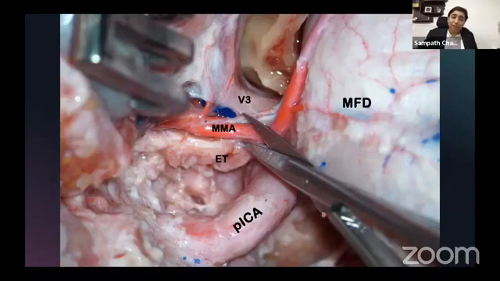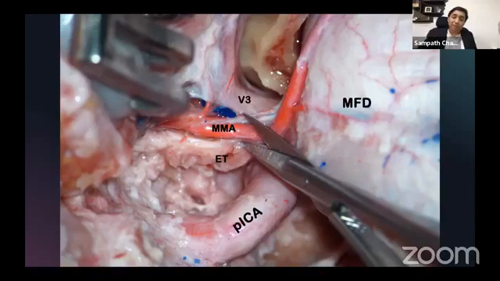This is the clivus here, the bone around the petrous ICA, the part of the internal carotid artery inside the petrous bone. The vertical portion and horizontal portion of the ICA are all drilled out. Now you're drilling the sphenoid bone. You've drilled out the other parts of the sphenoid, the greater wing of sphenoid. You're drilling out the foramen spinosum to expose the middle meningeal artery.